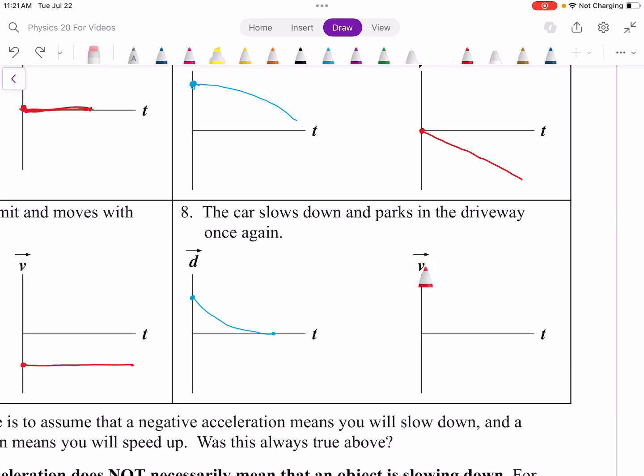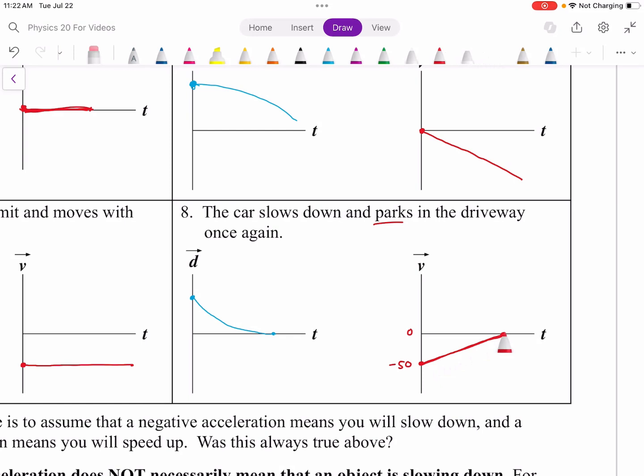what's the velocity start at? Well, it was moving south, so we know that's somewhere negative to begin with, okay? Where does its velocity end up if it parks? Right? It should have a velocity of 0 when all is said and done, right? And so our velocity should look something like that, right? It had a velocity, maybe it was 50 kilometers per hour south, and then it gets slower and slower